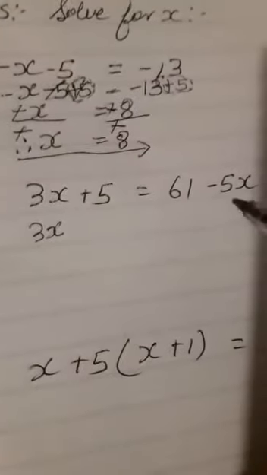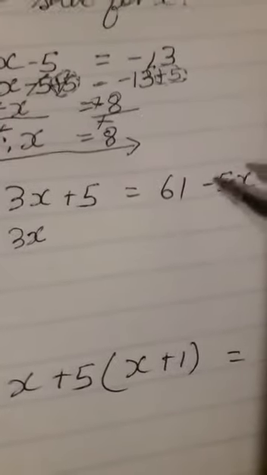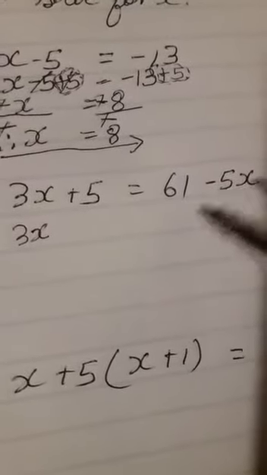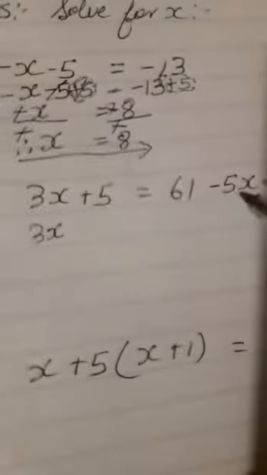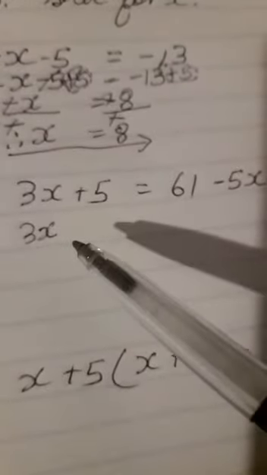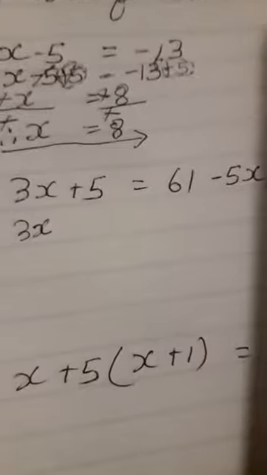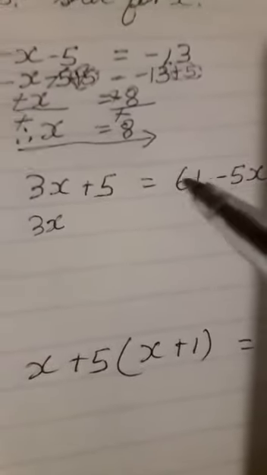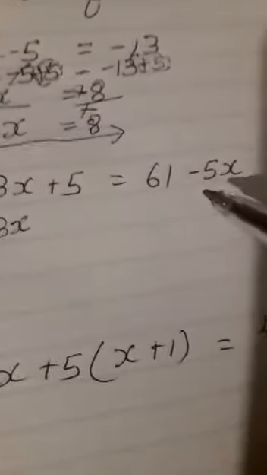Then you write 3x. Then you take this term which has a variable next to this term which also is having a variable, so that the like terms are put together. Or we are trying to take all the terms with a variable and put them on the left hand side. Remember,